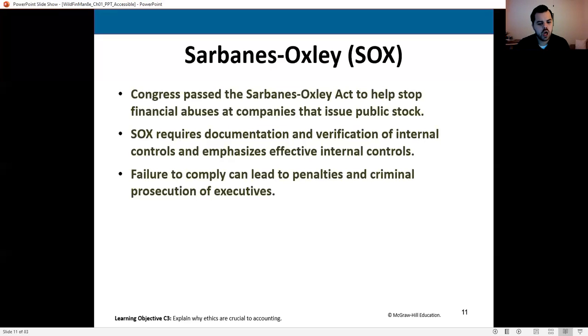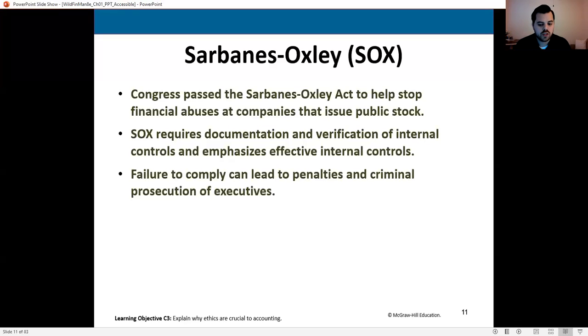So we'll come in, we'll follow somebody through an entire process, see that everything is signed and verified and dotted and checked, and that everything ties together. And then we'll re-perform some of their things that we weren't there for and make sure that those things still happen. This allows us to verify their internal controls are not only working when we're standing there over their shoulder, where they're definitely going to do what they're supposed to, but also when no one is watching.